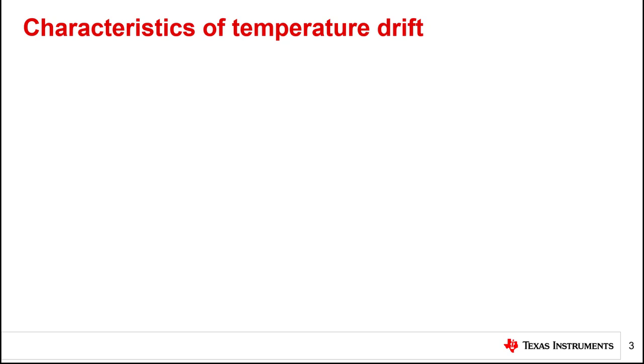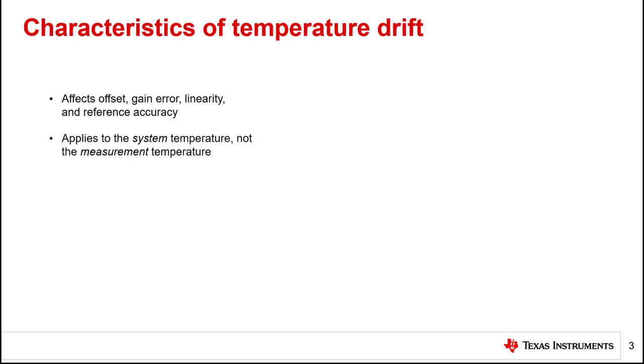Unlike the initial errors introduced in the previous Precision Labs module, temperature drift is not a standalone error. Instead, each error source has a temperature dependency that changes how much error is introduced into the system. All of the errors discussed in this presentation are affected by a change in temperature. However, ADC datasheets typically do not give a specification for linearity drift, so we will only focus on temperature drift errors due to offset, gain error, and the reference resistor accuracy.